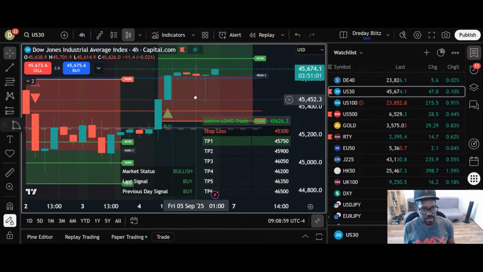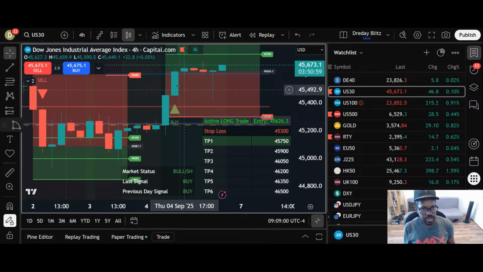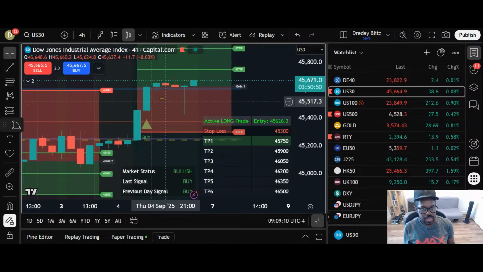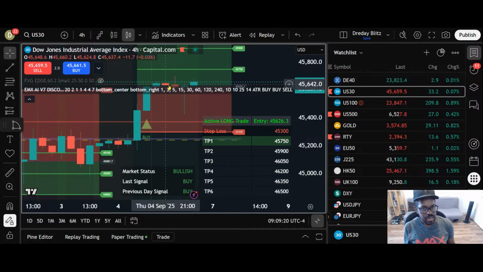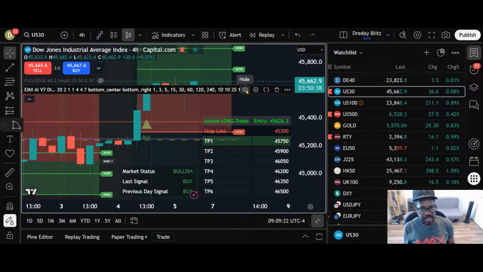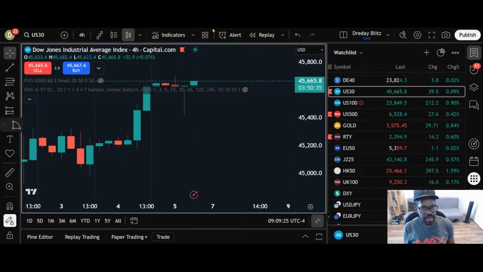Same thing here. Price started to go up here for 12 hours. When I say 12 hours, it's because it's 3 candles, 1, 2, 3. It's on the 4 hour, 12 hours, and then it started to consolidate. So better to get in and get out at the start of the move than at the end of the move. So